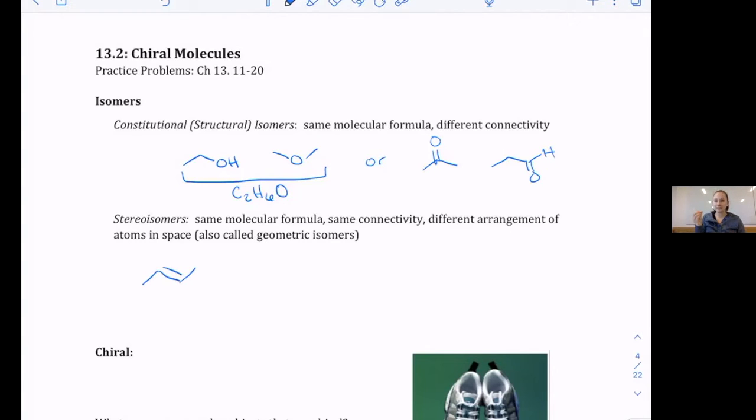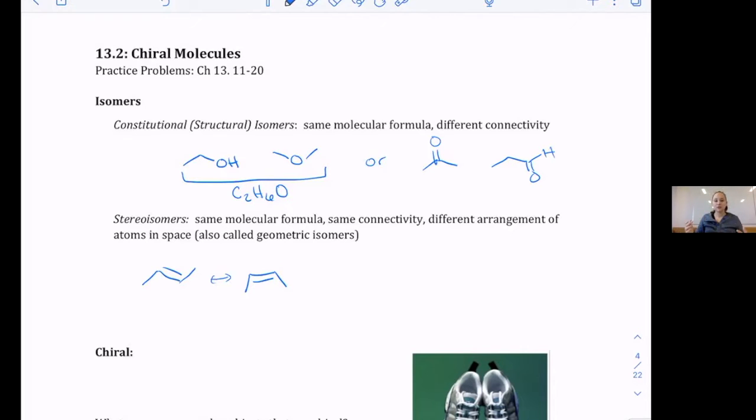They're all connected to the same types of things. Like when we had our cis-trans isomers, those are the exact same chemical formula. Every atom is bonded to the same type of atom in both of the molecules, but you had to change the geometry of the